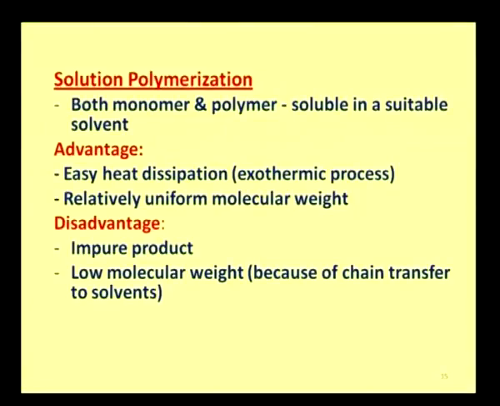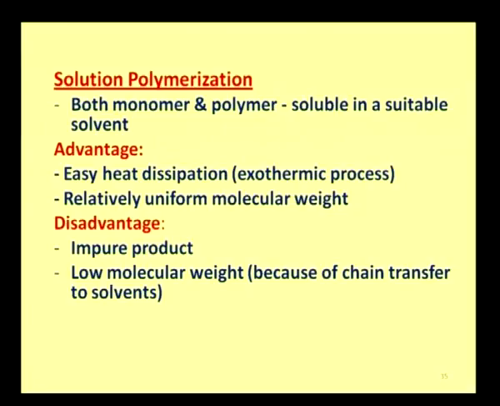But coming to the disadvantages of this method, naturally you may end up with an impure product. This may be due to foreign bodies or particles or solution contaminants that could be present along with the solvent. And of course, low molecular weight is another limitation of this method. This is because chain transfer to the solvent can also take place, whereas in the bulk polymerization, because of the absence of any other